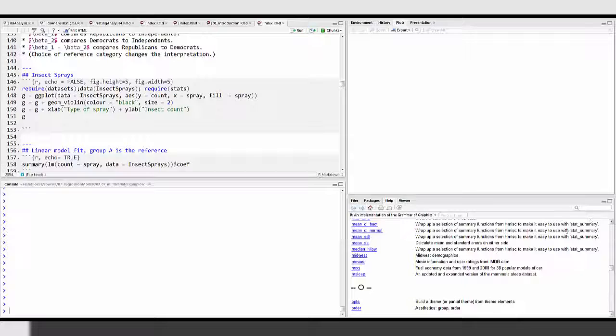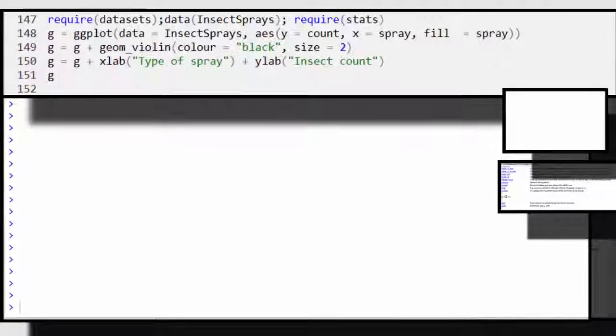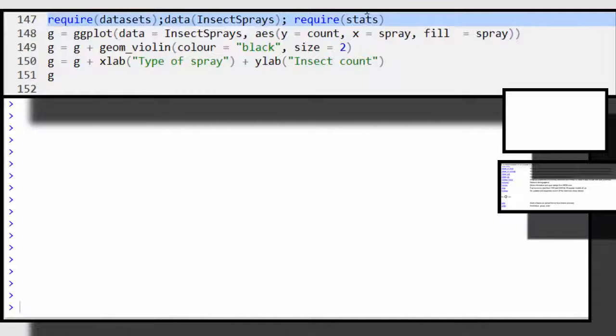Okay, so let's go through an example in R where we look at a factor variable and see how R is treating it. I want to make sure I require the datasets package. We've already loaded that in this lecture, but let's just do it again to remind ourselves. Then I have this data, InsectSprays, and I'm requiring the stats package. I don't know if that's technically necessary for what I'm doing. But if you do help InsectSprays,